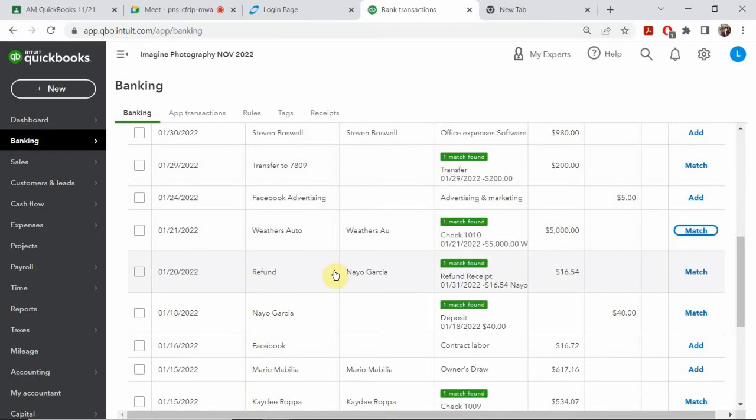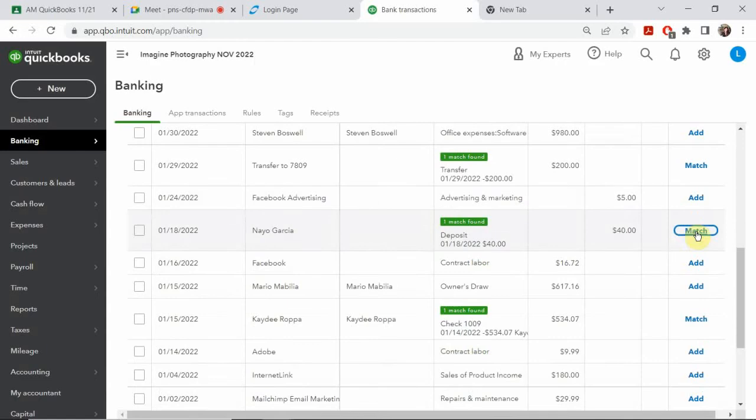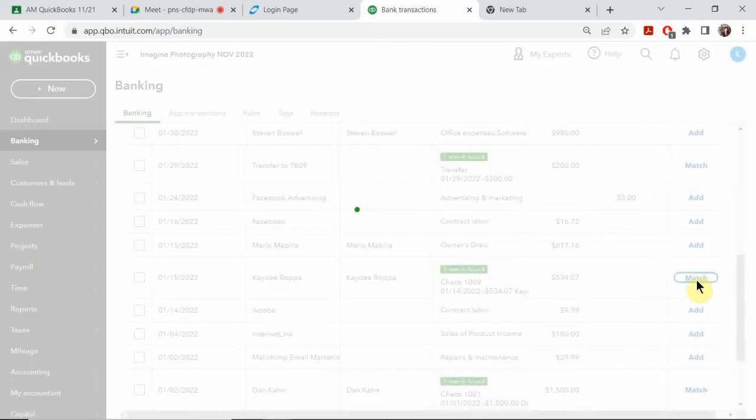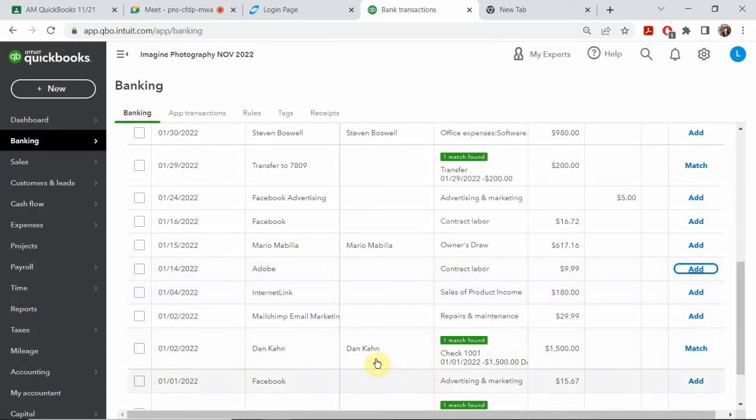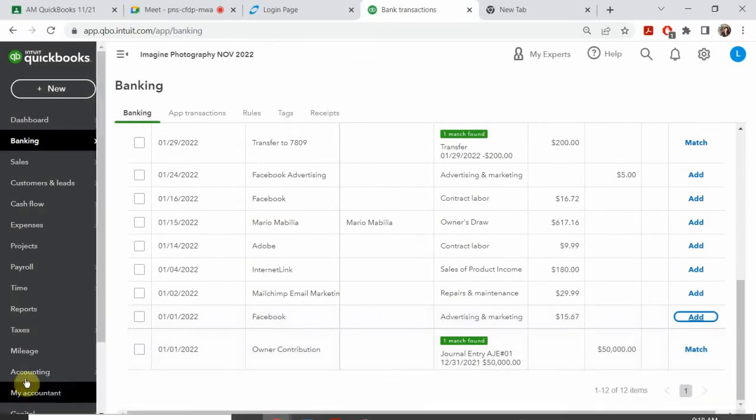So let's get Weathers. Yes, we have Weathers, right? We bought our truck. Let's see the Neo Garcia refund for that $16. Yes, it's confirmed. And then, of course, we deposited the money from Neo Garcia for that $40. Yes, confirmed. Right here, Katie Ropa. Yes, she did cash out her check. And let's see, Dan Con. Yes, we paid for the rent. And right here,